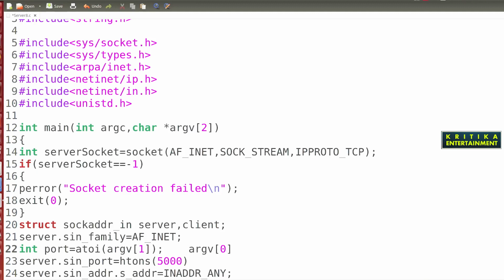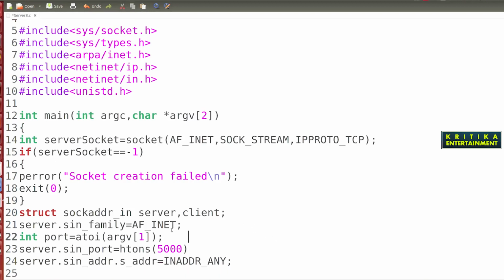Then when you give, suppose, 5000, this 5000 value is argv[1]. So instead of argv[0], I have written argv[1]. I think it will be clear; if you do not understand, you can write in the comment box. Instead of this, you can also write the port directly.